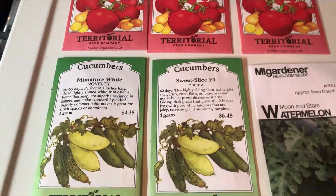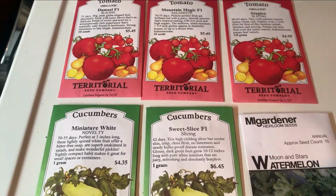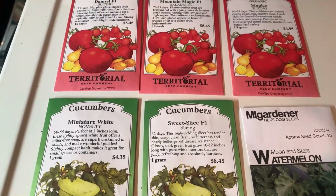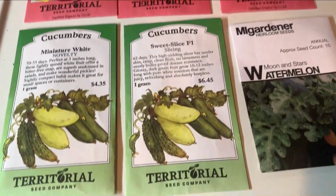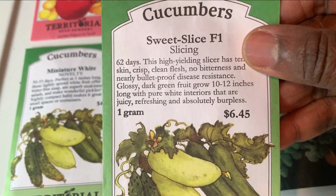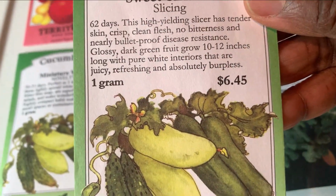And I just noticed from my seeds, I received these a couple of days ago, and you don't really do anything with them until you're ready to use them. So of course, I'm getting ready to use them. And I looked at this Sweet Slice F1 slicing cucumber. It was 1 gram that I purchased,